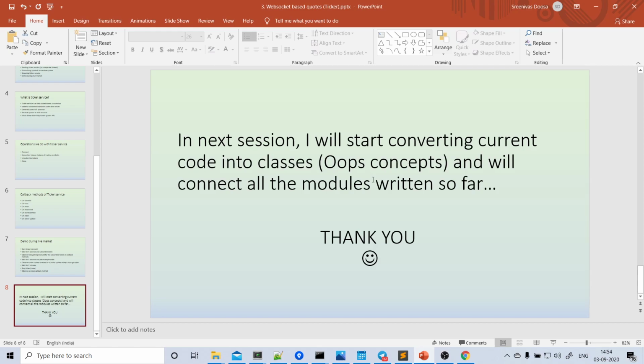Then I will write a sample strategy. I will connect the order manager, the ticker service manager, your login manager, etc. You start your algo, and the algo will start your trade manager, order manager, login manager, then ticker manager.